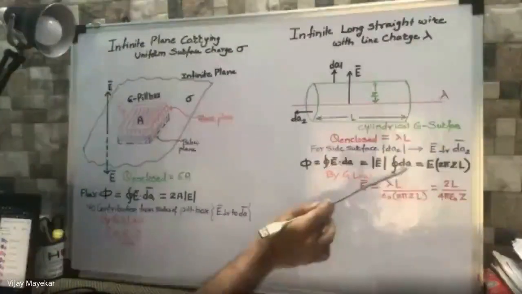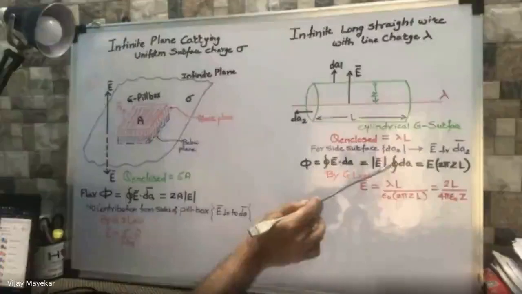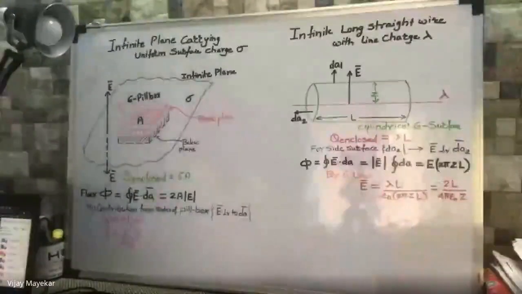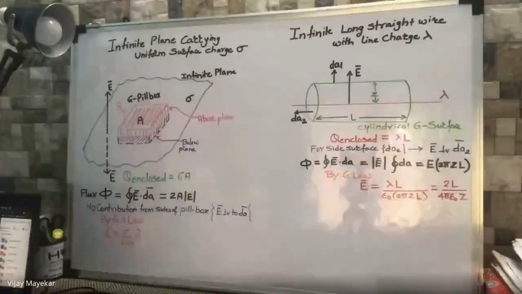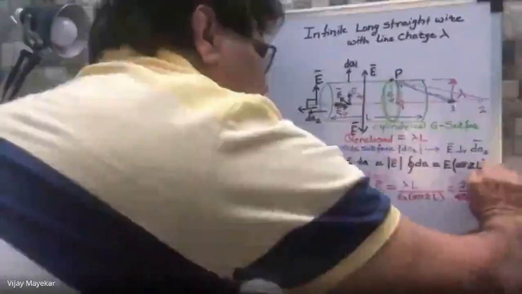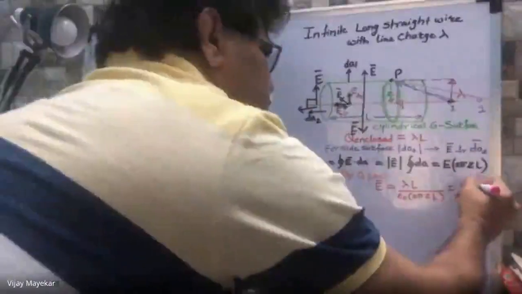And what is left out is the dA bar closed surface integral. We have taken care of the side surfaces, so what is left out is the curved surface. It is circumference multiplied by length. Kshitij, L lambda should be there. Okay, I made a mistake. Instead of L, lambda should be there. Correct, very good.